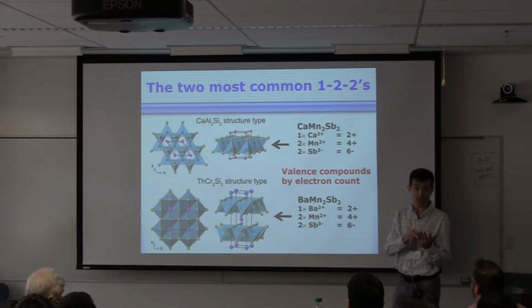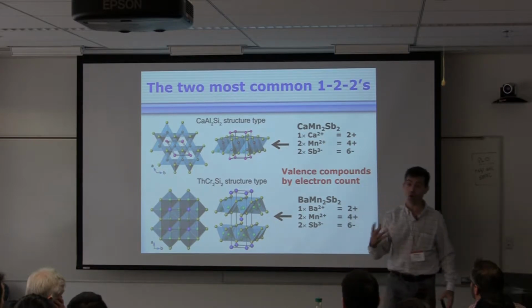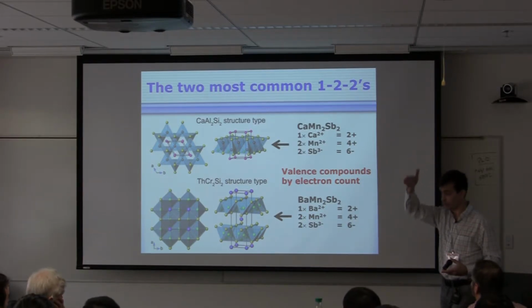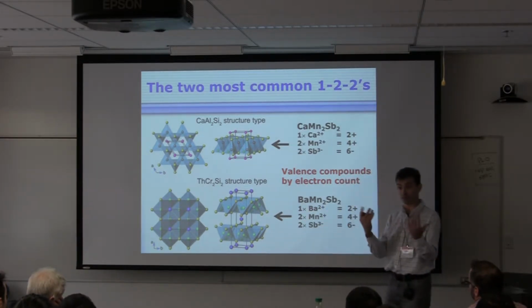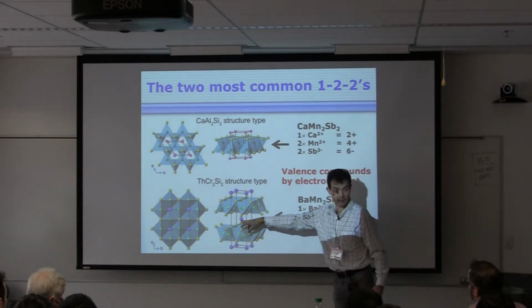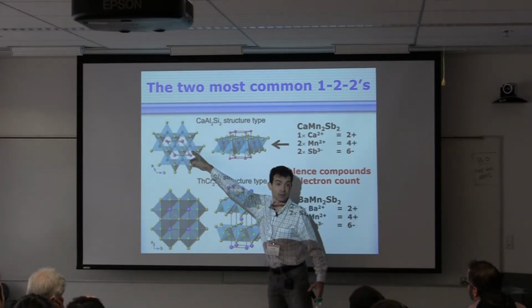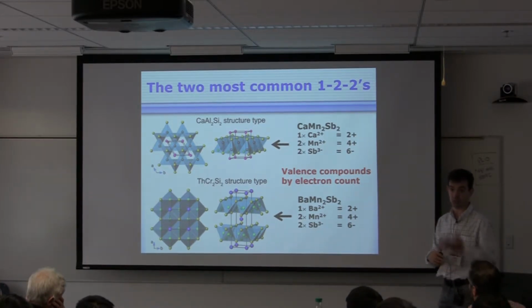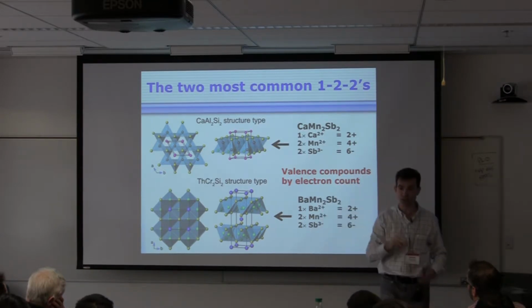So what's left is either the small electronegativity difference between calcium and barium, or, most importantly, the larger difference in sizes between calcium and barium, because as we go down the group, the atomic sizes increase. So it turns out that in this case, we are crystallizing the compound with this structure because barium is just too big to pack efficiently with manganese and antimony in that structure. And this happens very frequently. As chemists, we look at the periodic table, we exploit the periodic trends, and this is one of the tuning knobs. And if we need to make a variation in a structural change,